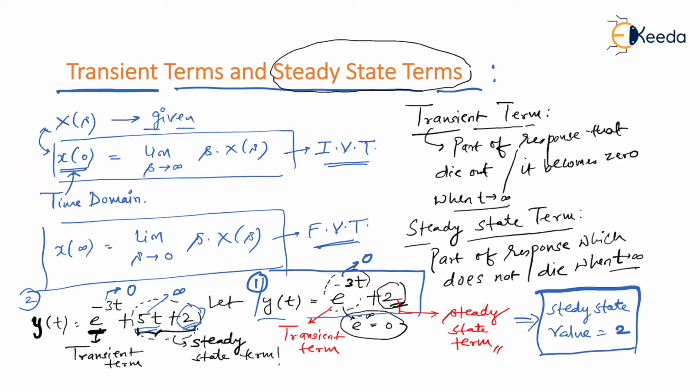So please understand, even though a steady state term is present in question number 2 also, the steady state value cannot be defined. In every problem, there are two parts: the transient term and the steady state term. The transient term is something that becomes 0 when t tends to infinity, and whatever is left in the given expression of x of t, y of t, or in general f of t, is known as the steady state term. Steady state value means the numerical value which remains when t tends to infinity. I hope you understood the meaning of this.